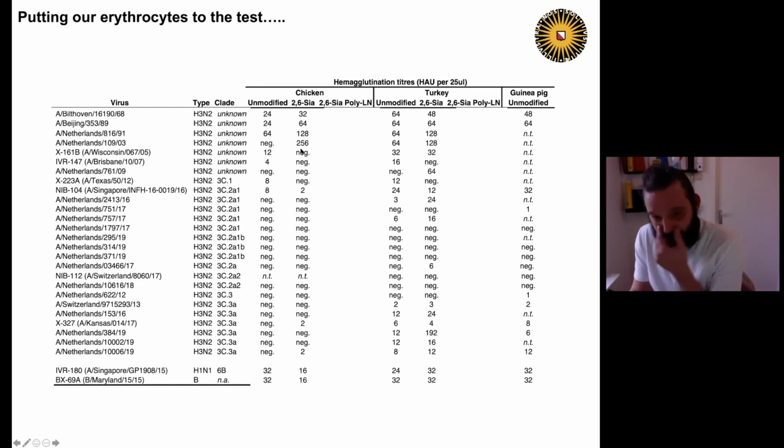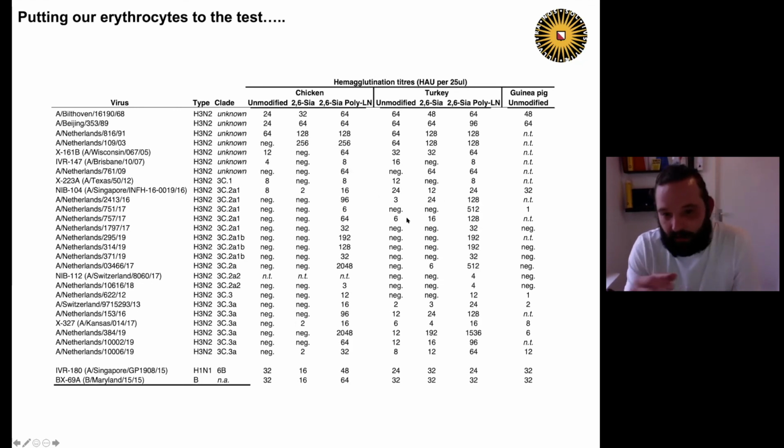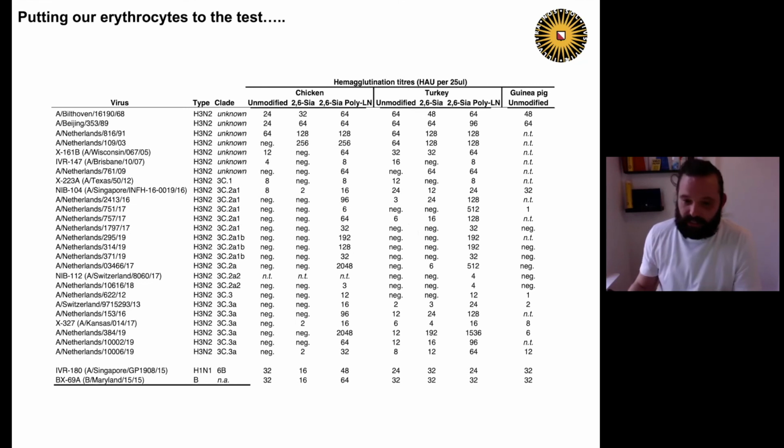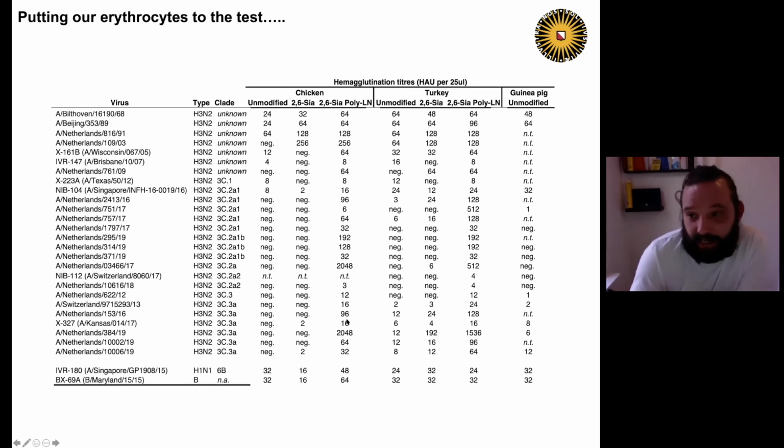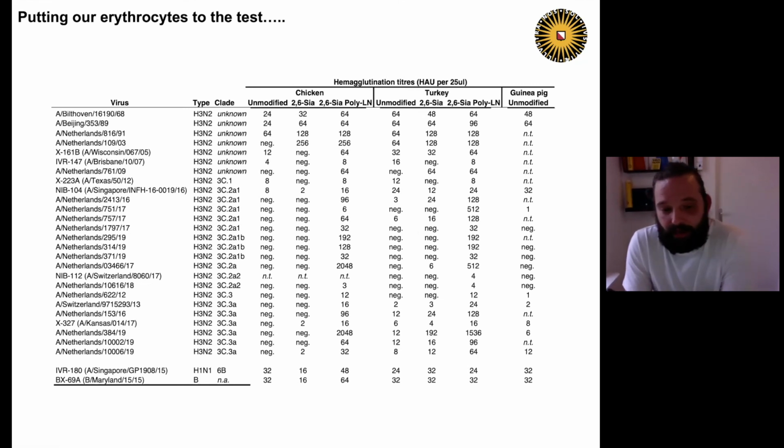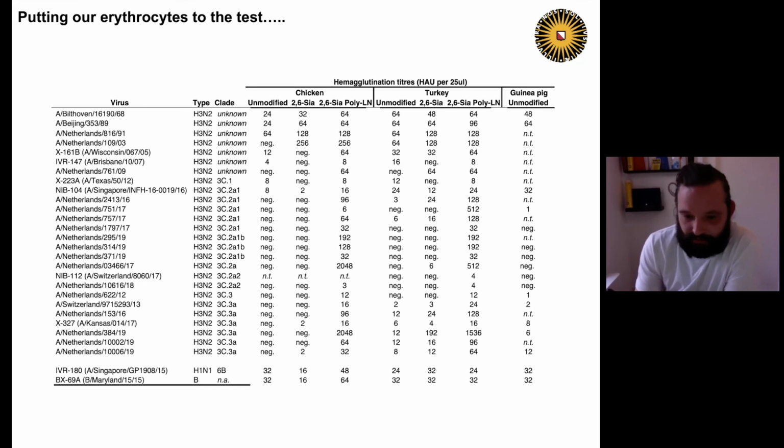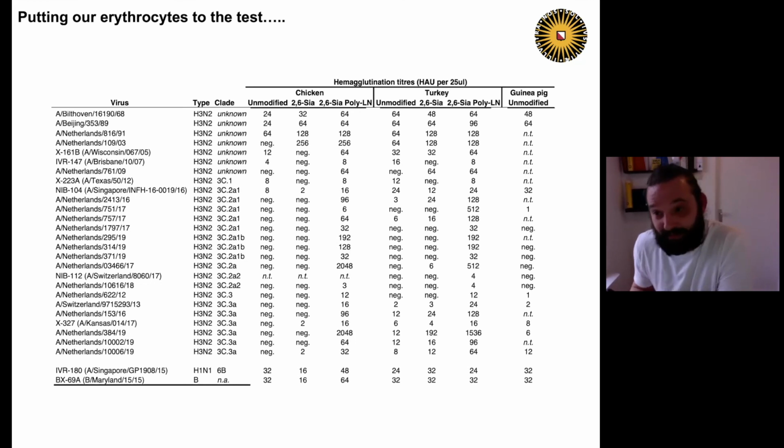If you resialylate them, you will get some higher titers, but also very quickly in evolution, in the early 2000s, they will not bind these erythrocytes anymore. A very similar picture for the turkey erythrocytes, but we lose hemagglutination completely a little bit later. But now, when we have our glycan-modified erythrocytes, with long arms and alpha-2,6, we can see that all these viruses now hemagglutinate these erythrocytes again. So we now made erythrocytes that all H3N2 viruses bind, except for a couple of very heavily adapted vaccine strains.